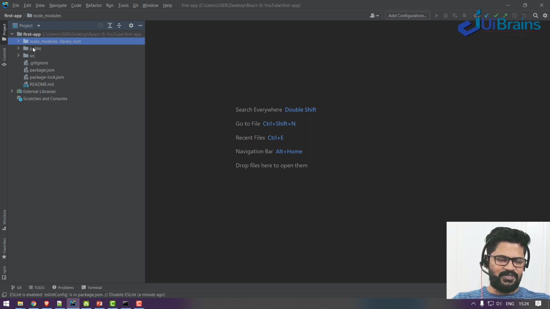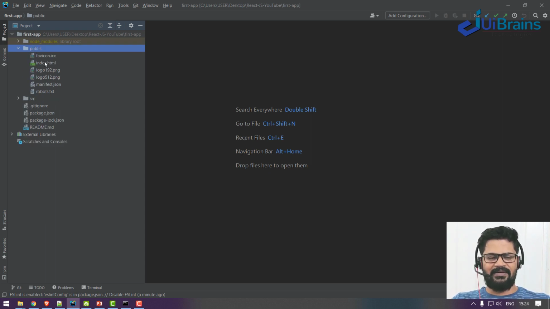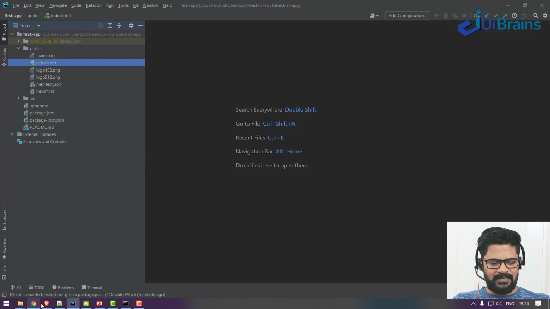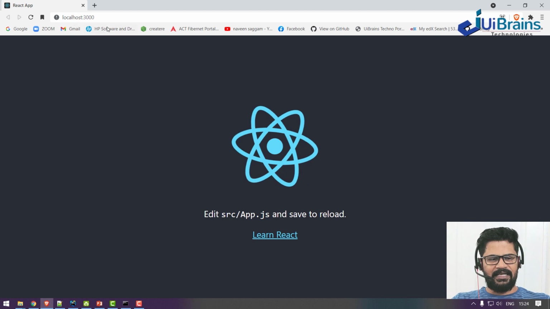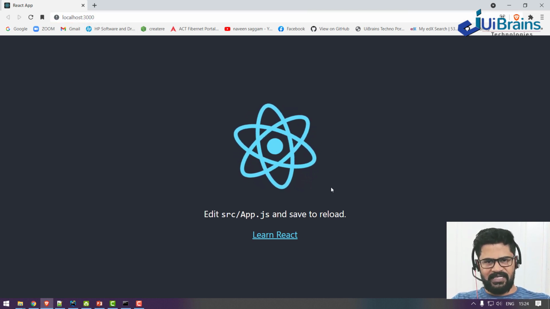So there are two important folders: the public folder and the src folder. The public folder contains one main file called index.html. You know what, see, when I enter this particular URL, I got this particular UI, correct?